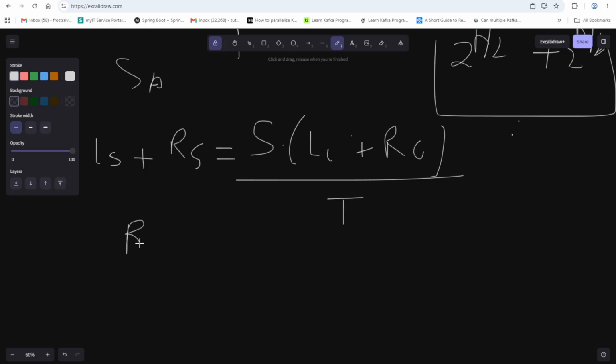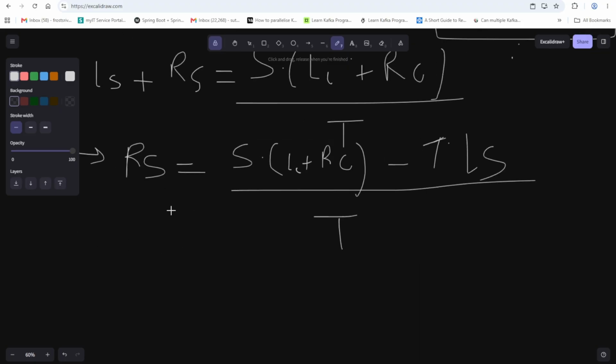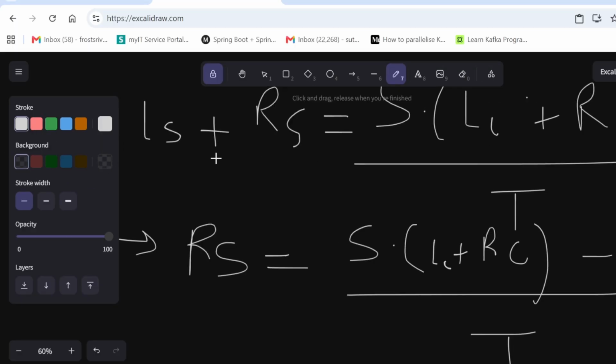So we can write something like this: right sum equal to total sum into left count plus right count minus total count into left sum, right, total count. This is totally mathematics, we can write it down. So for each left sum we need to,